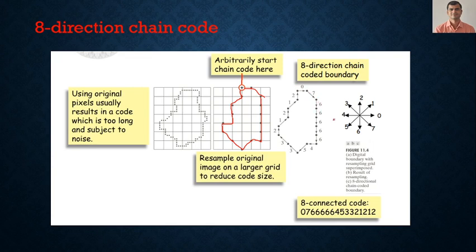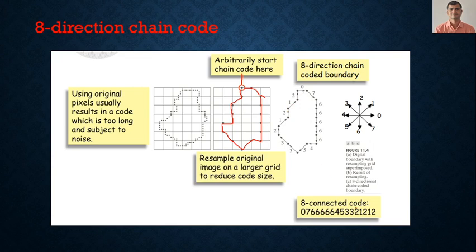Then 6, 6. See this direction: 7 means this direction, 6 means this direction. Here it is 4. Then here the direction is 5. Again this direction is 3. Then here it is 2. Here it is 1. Here again it is 2, then 1, 2, and so on. So this is the 8-connected code.